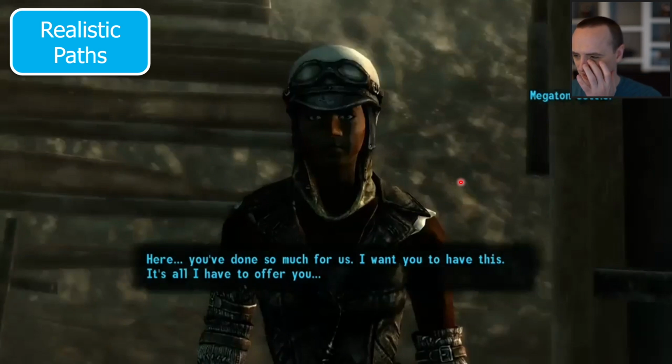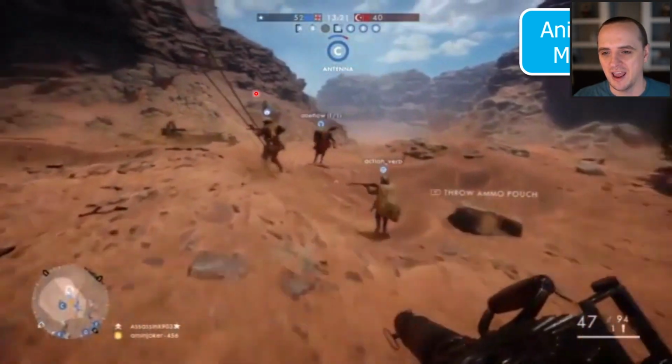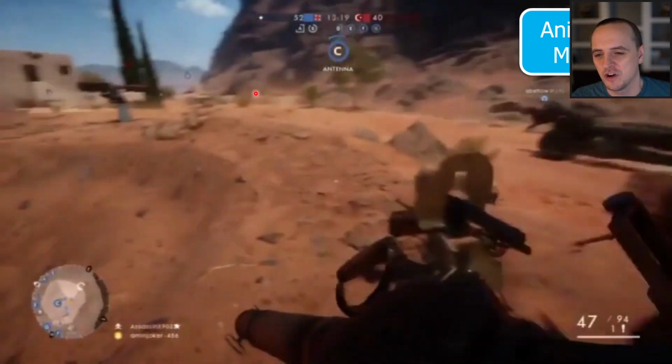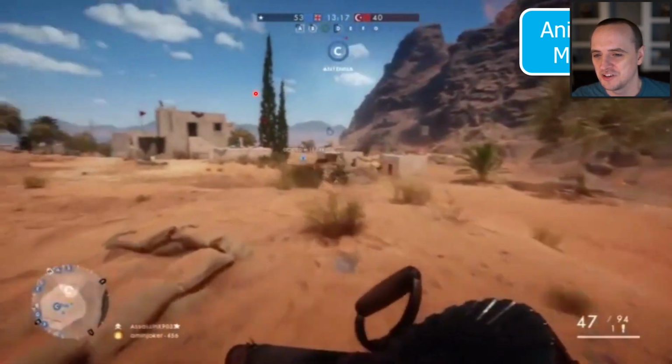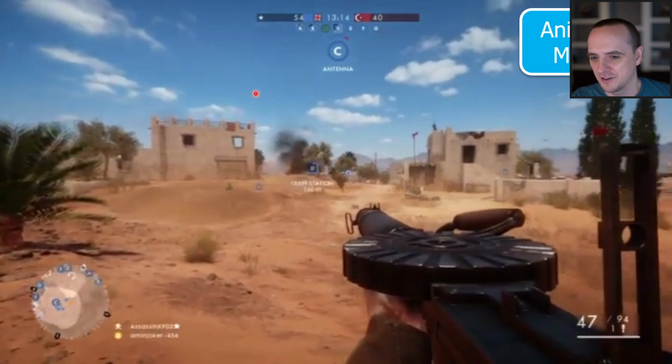Right? So that's kind of funny. You want to avoid that if at all possible. And what this thing says up in the top right is that animation matters, right? So no matter how intelligent your pathfinding is, if this is what it looks like, people are just going to laugh at it, right?